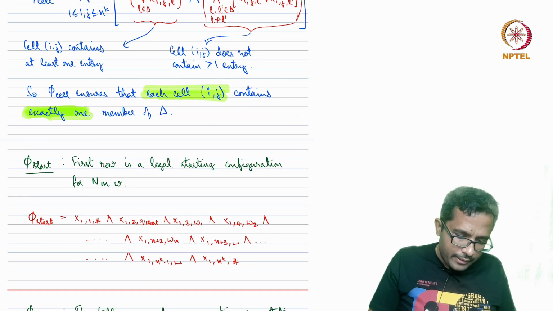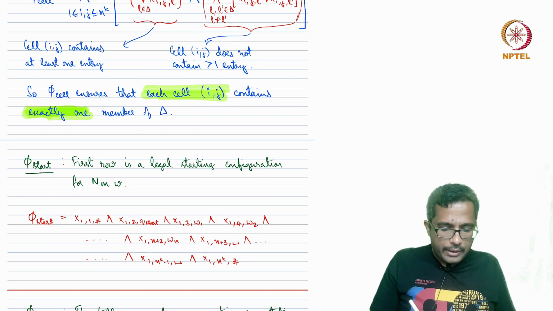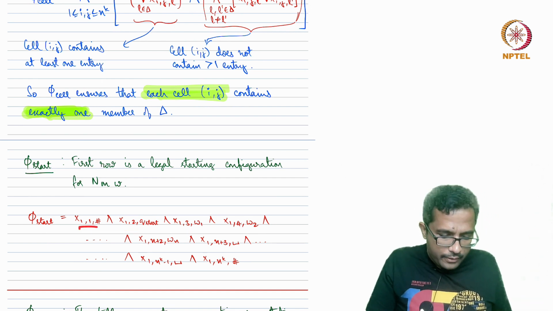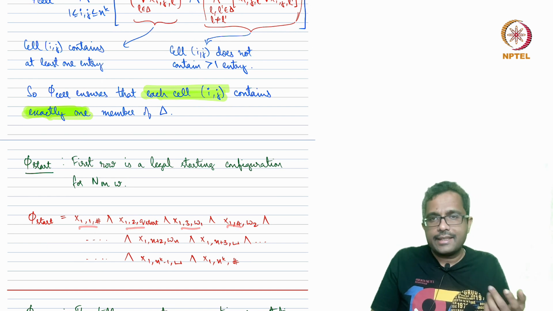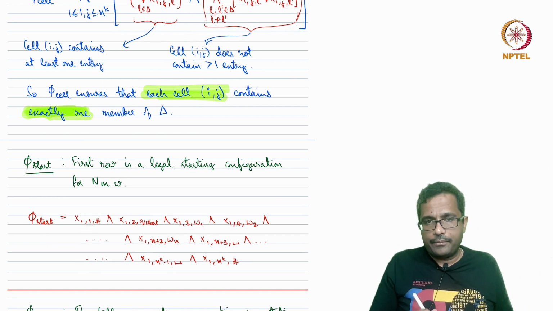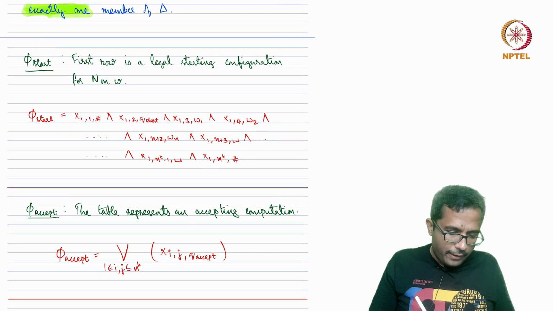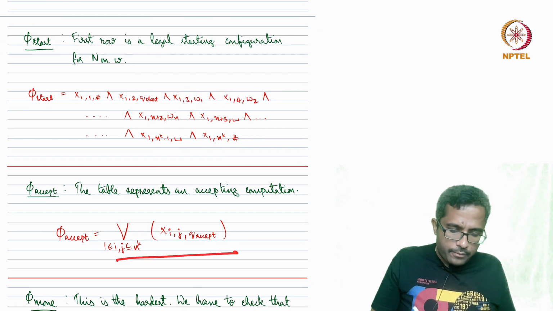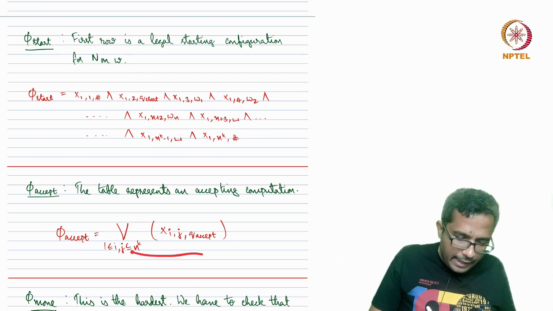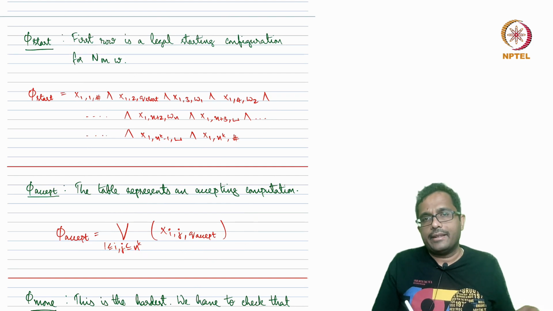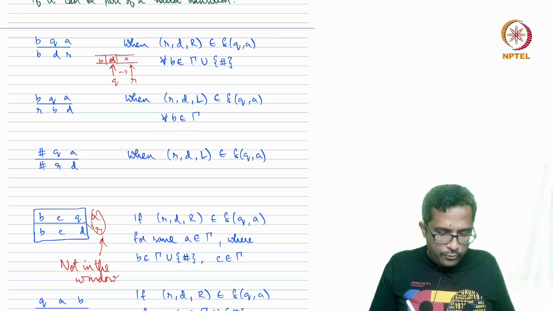Phi start is already an AND of individual variables, so we can think of these as an AND of singleton clauses with singleton literals. Phi accept is basically an OR of many things, so we can think of it as a single clause. There is no AND. Now phi move